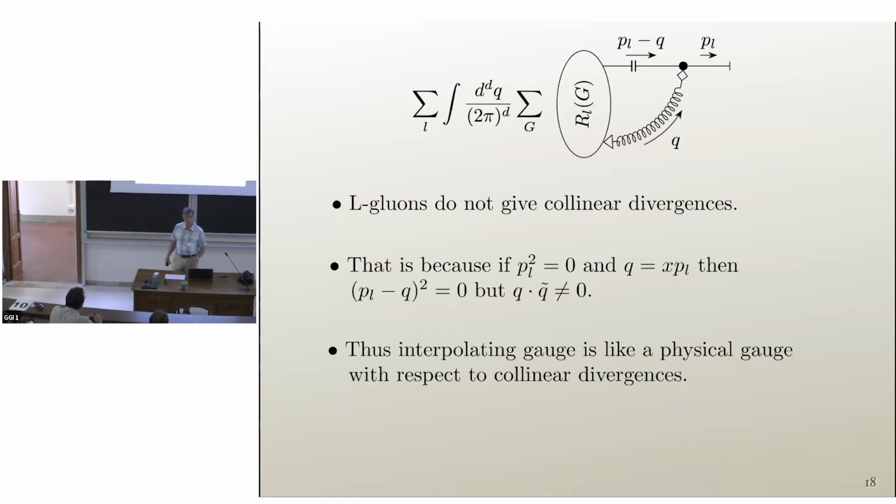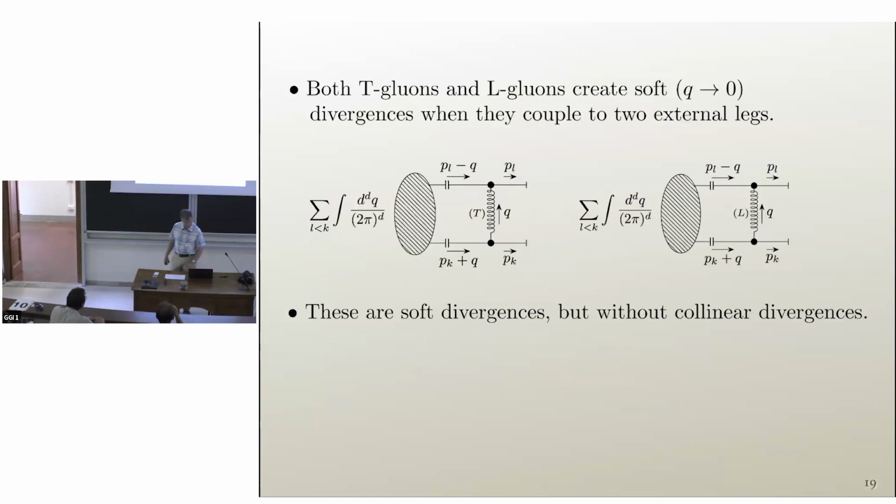So our interpretation is this is just like a physical gauge. You're like Coulomb gauge or whatever, but you don't really need to go all the way to Coulomb gauge. These both have soft singularities. So if I have 2 external lines on shell going in different directions, and I exchange one of these transverse gluons between there, and I count up